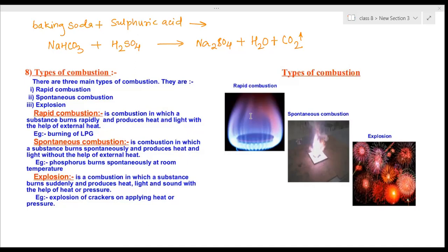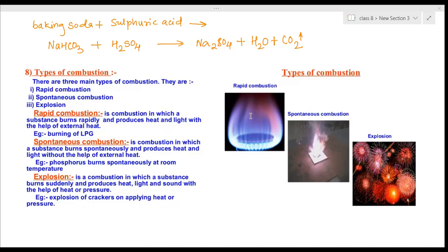Keep one burning firecracker at one place and leave it. What will happen? And the remaining many firecrackers are there. Whichever firecracker is kept near it will burst with it. All the others in that area will start burning. So that is spontaneous combustion. There is no external heat necessary for the burning of the substance, and that is called spontaneous combustion. Burning of phosphorus in air, burning of sodium when it is mixed with water, forest fires, these are all examples of spontaneous combustion.